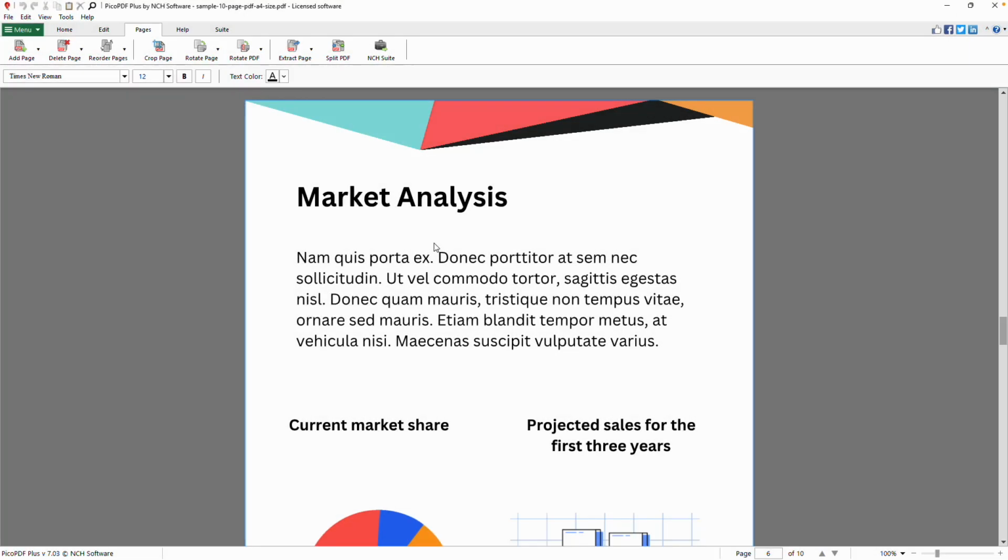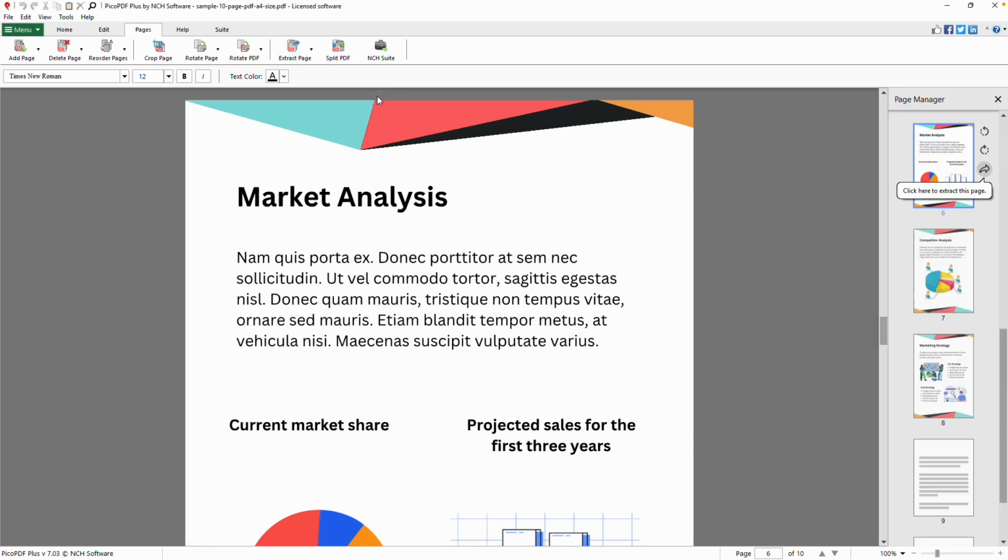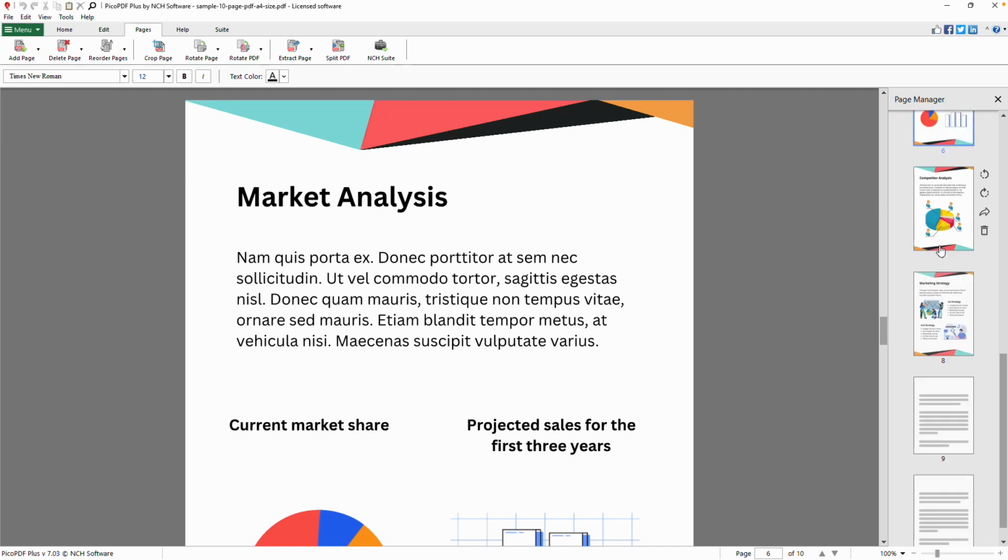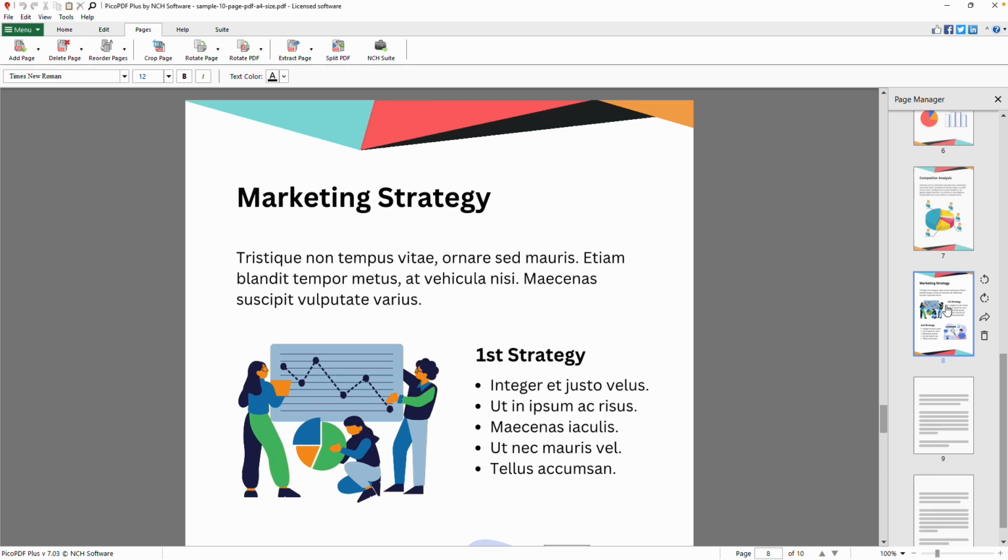If you want to select a specific page to extract, click the Extract Page button and select Choose a Page to Extract. This will take you to the thumbnail section where you can view all the pages in your PDF. Scroll through to find the page you want to extract, select it, and then click the Extract icon on the